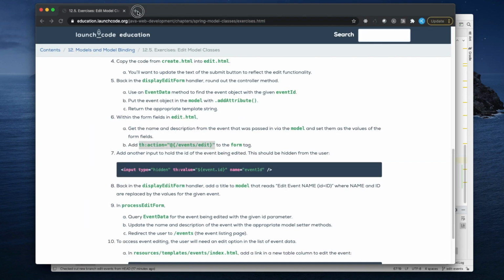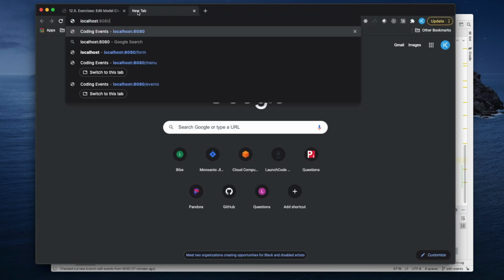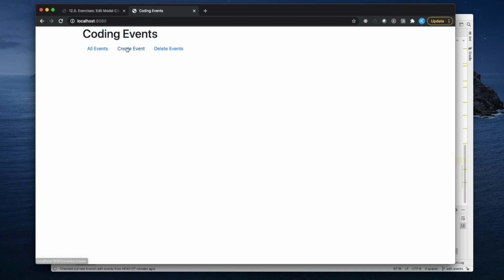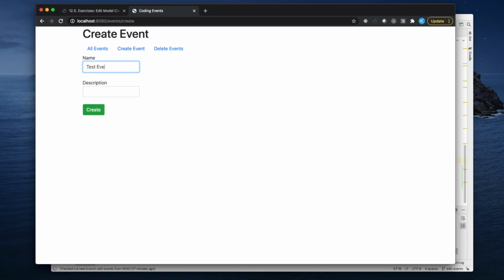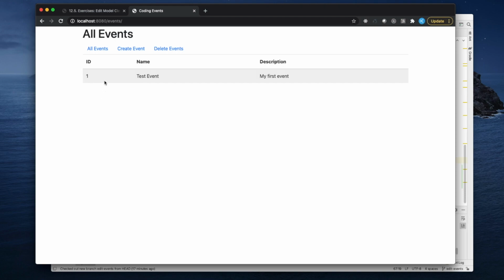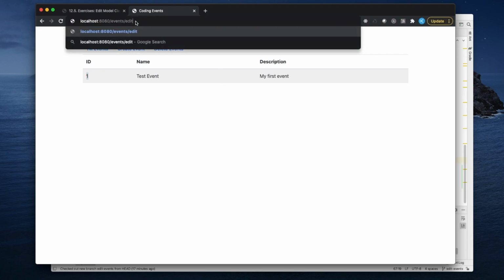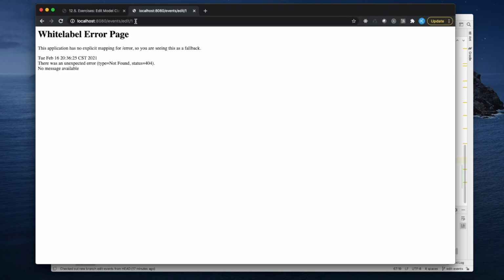Great, it gets started. I'll come back here, say localhost 8080. We're going to create an event. I'm going to call it test event, my first event. I'm going to create this, and we have an ID of 1. So what I'm going to do is say events/edit, and I need to put in that path variable. So I'm going to put in 1. I press enter,